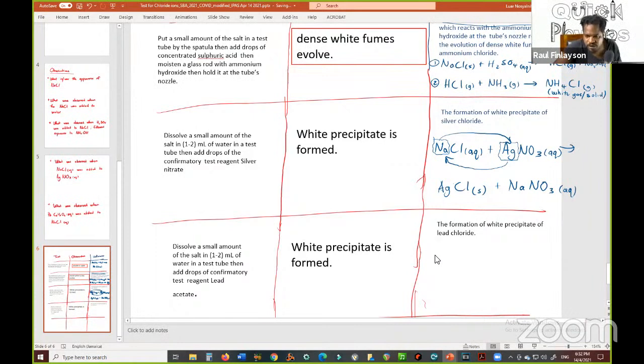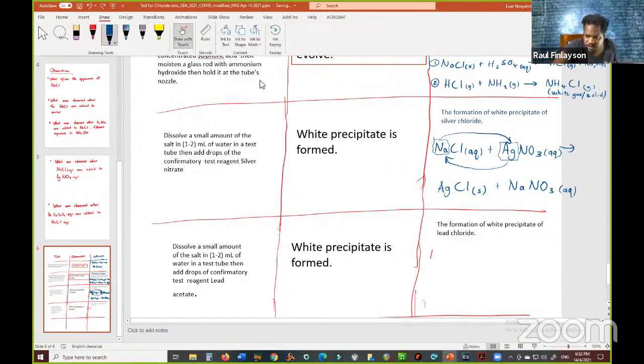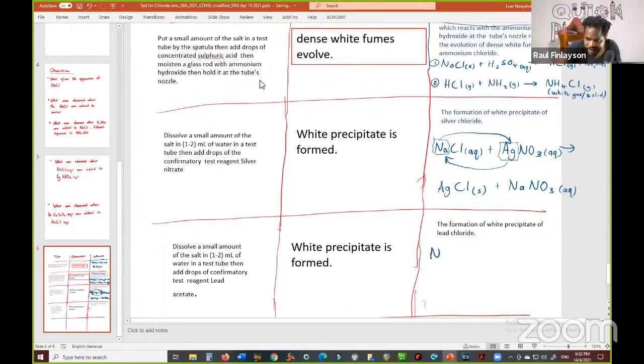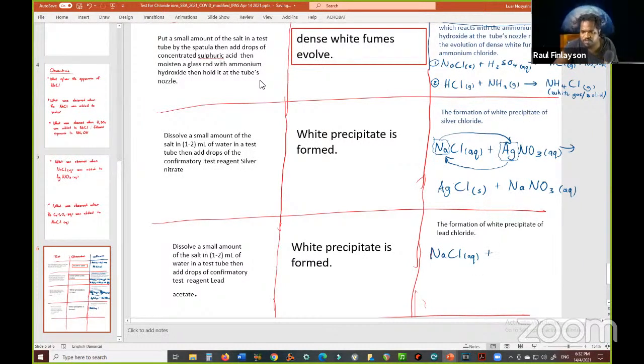First of all, let's say the test was to dissolve a small amount of salt in water in a test tube. So let's get that test tube with this salt. It's going to be what? NaCl. Let's change the color, let's stay consistent with the blue here. So it's going to be NaCl aqueous. Definitely adding some lead acetate to it. Now,